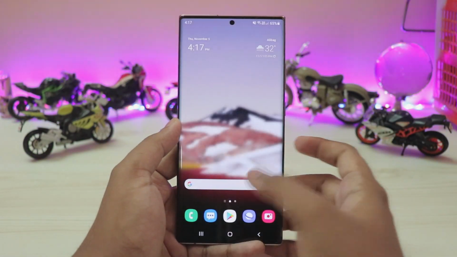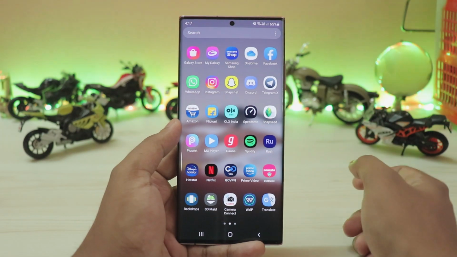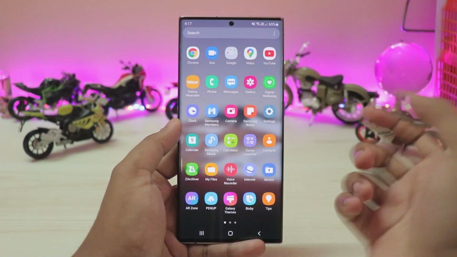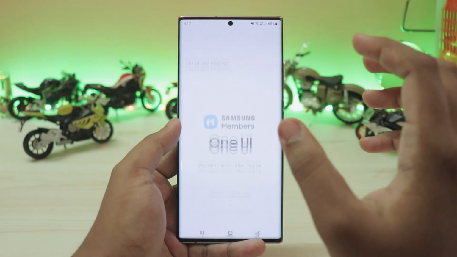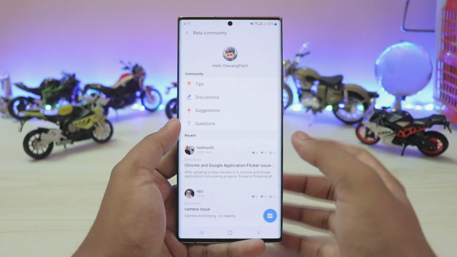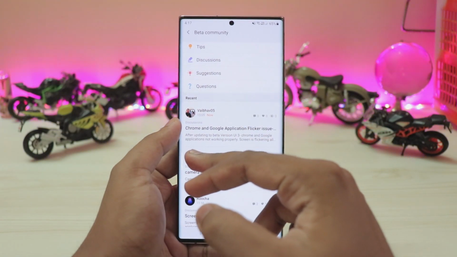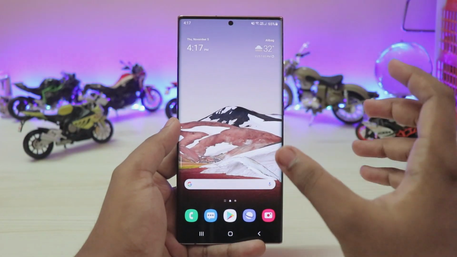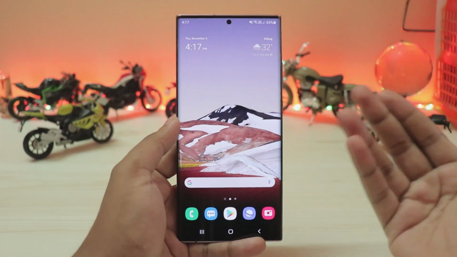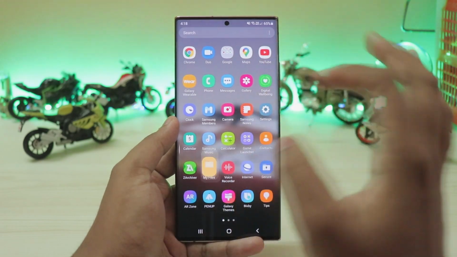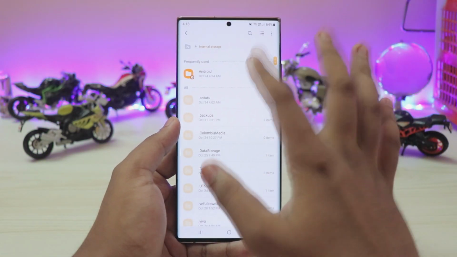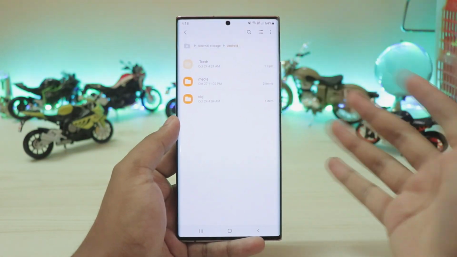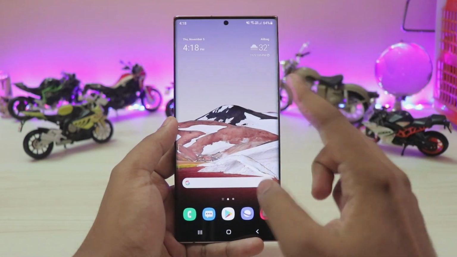But as you can see, the stabilization is just not that great when compared to even the Galaxy S10 from last year. But just going through more stuff, nothing. You just have your normal Samsung Members app with a lot of complaints from a lot of people, to be honest. There are far more issues regarding Chrome and Google, and through my testing, it's because in Android 11 Samsung has completely removed the way to access the data folder. Even Samsung's stock file manager cannot access the data folder. That's just one of the things in Android 11, but Samsung has adapted it.